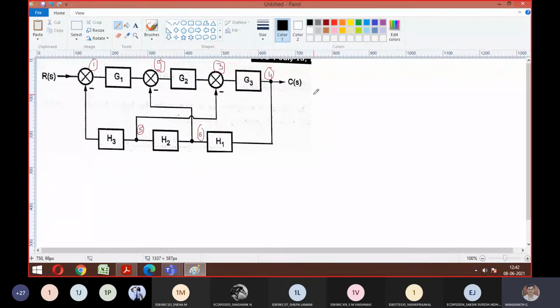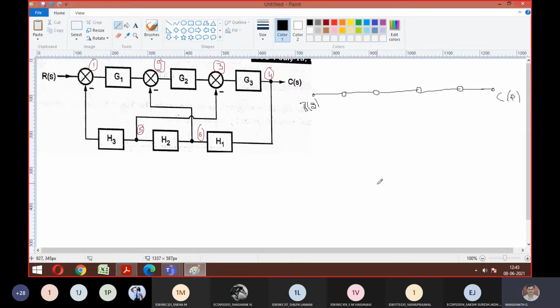So how is the marking there? Input is here. For this I am connecting node 1, then node 2, then node 3, node 4. So 4 are here, and here you can represent the output part. Output C(s) will be there, and input R(s) you can consider. So this is your input part. Our diagram is given, the same way you try to represent this. So R(s), here C(s).